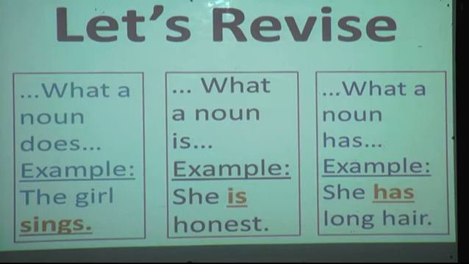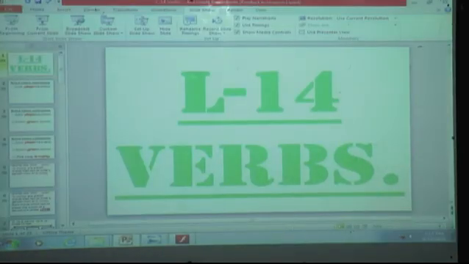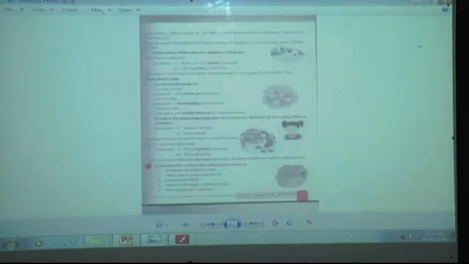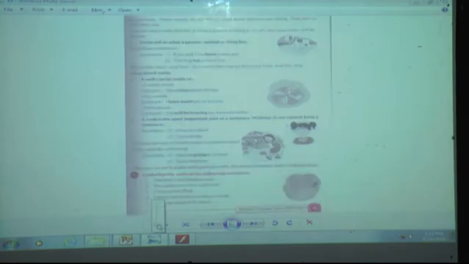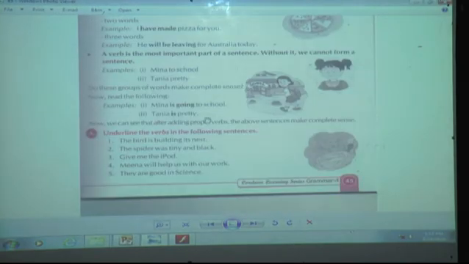Okay, now students, open your Canopy book. We are going to solve the exercise on page number 44. In this I am going to solve only 5 examples, the rest you have to solve. Ready students? First one is underline the verbs in the following sentences. Ready with your pencil? Hope so you are ready with your pencil.